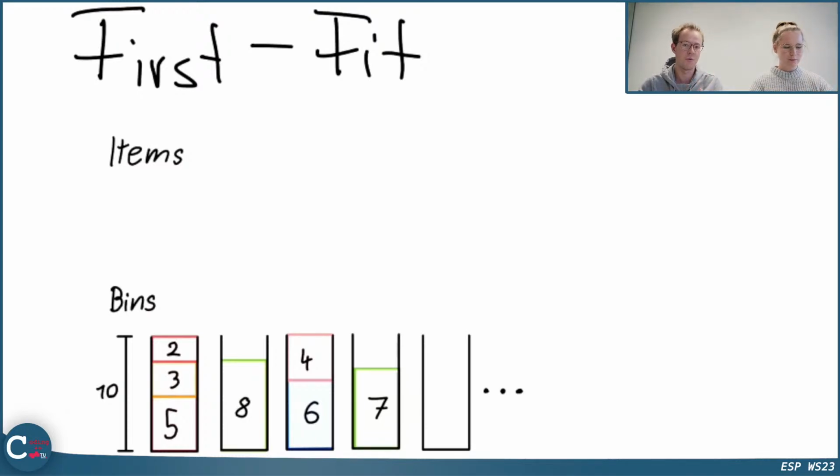But one thing here is it's definitely not worse than next fit, because this last phase of first fit, checking the last bin, and if it doesn't fit in the last bin then creating a new bin, is the same as you do in next fit. So first fit cannot be worse than the next fit.